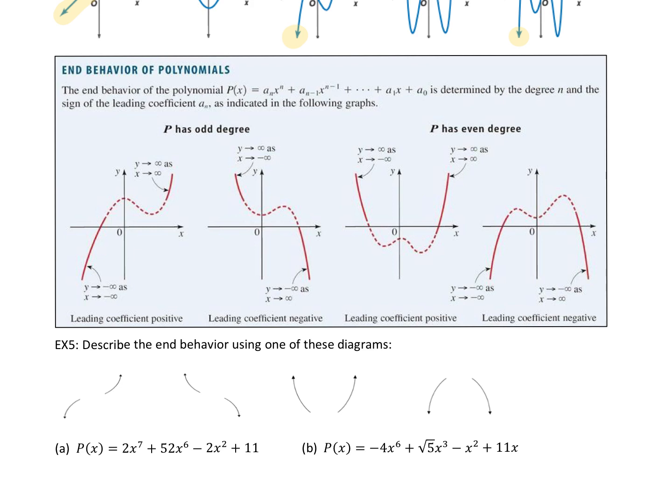So if our polynomial has an odd degree, two options. If we have a positive leading coefficient, it'll go in this direction. If we have a negative leading coefficient, it's going to head downward. For example, if I was looking at positive x cubed versus negative x cubed. Then if we have an even degree,